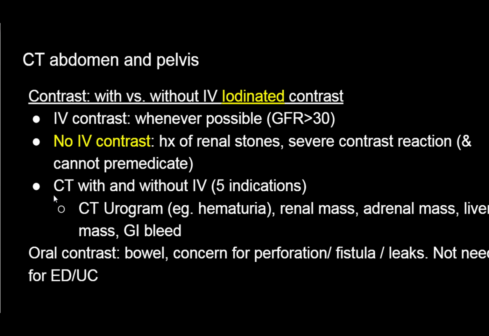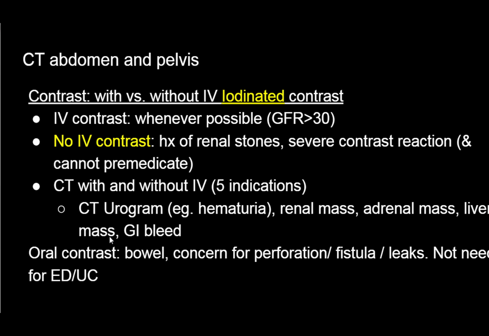Another study you can order is CT with and without, so pre-contrast followed by contrast enhanced CT. There are only 5 indications when you need a with and without. They're per American College of Radiology. And those 5 indications are CT urogram, for example, to look for hematuria, renal mass, adrenal mass characterization, liver mass